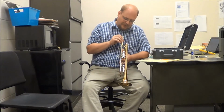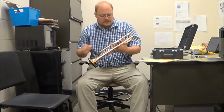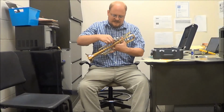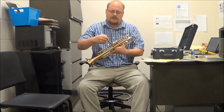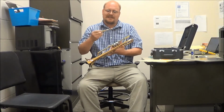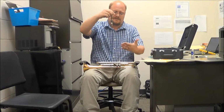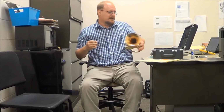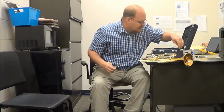All right, so oiling. Of course, we teach them how to take these out one at a time. Be super careful with the valve. Whenever you take it out, you don't want to bang this up against the music stand. I don't like it if the kids put it on the music stand because it's going to fall off. It's going to make the stand all messy. So I have to set the trumpet off to the side, and